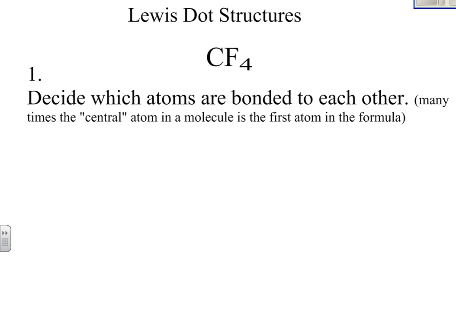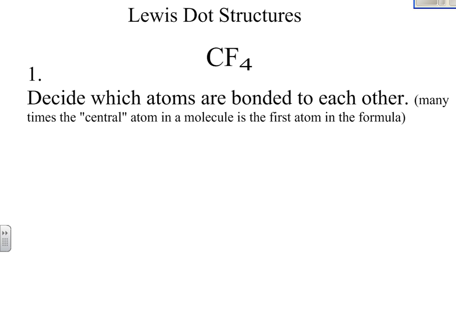We're going to go through the steps for the Lewis dot structures for two separate molecules. If you ever get stuck on your homework doing these, replay the video, go over it, and make sure that you're addressing each of the different steps that we go through in determining the structure. If we start with CF4, the first step in doing the dot structure is to decide